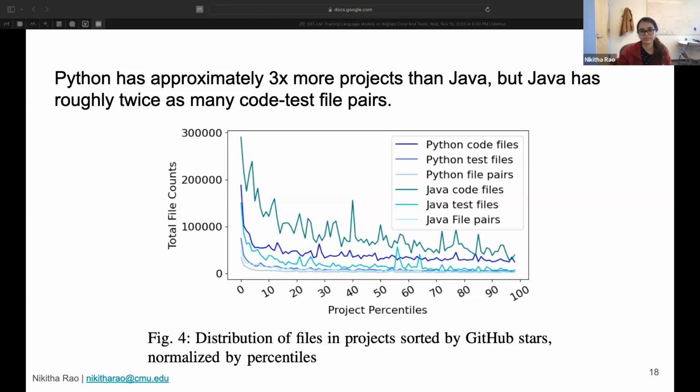Upon manual inspection, we found that generally popular projects tend to have a higher star count, tend to be better tested, so they have more test files in them. And we also found that